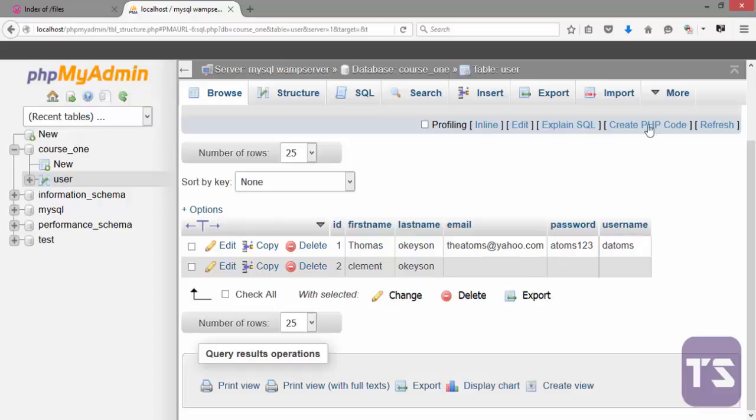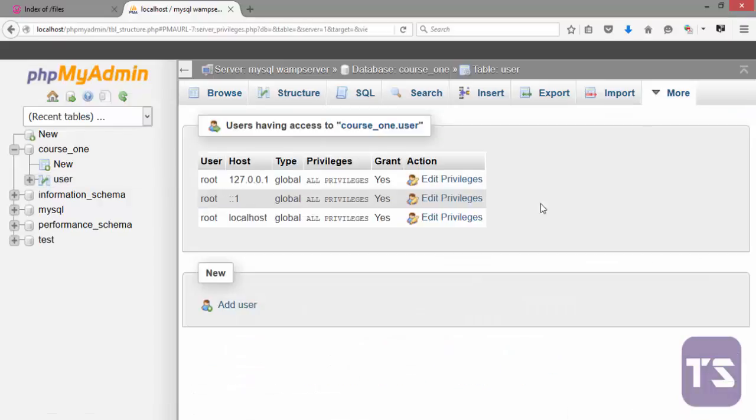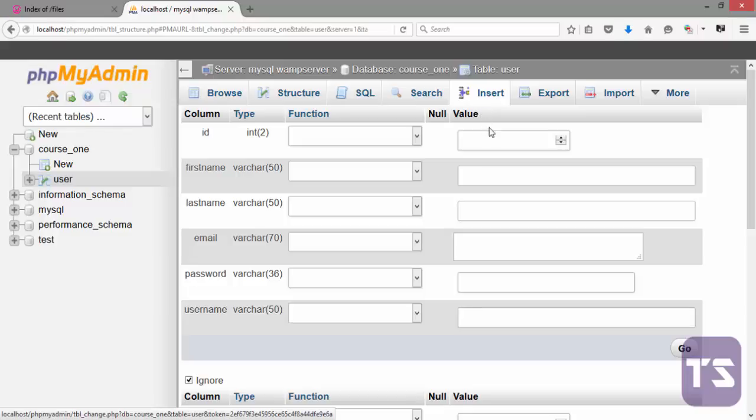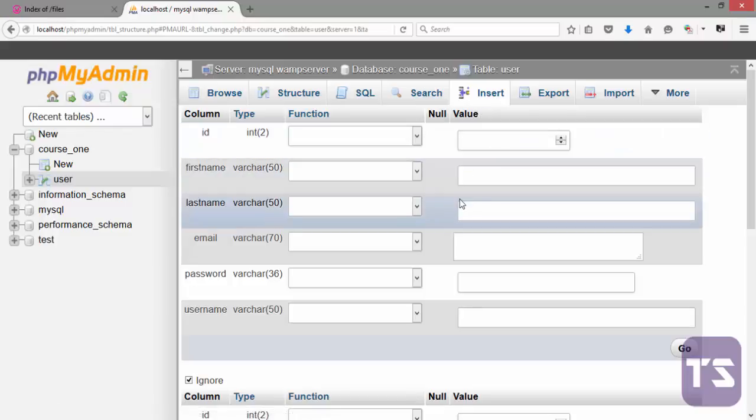Now take a look at these. There are other things here: privileges, operations, triggers. Take a look at them and play with them, get to understand how they work, because we're not going to be talking about all of them. In the next video, we'll be looking at how to connect to the database and connect to the server using PHP. I think this is okay for MySQL for now, and we'll be talking about it as we continue with the course. So I'll see you in the next